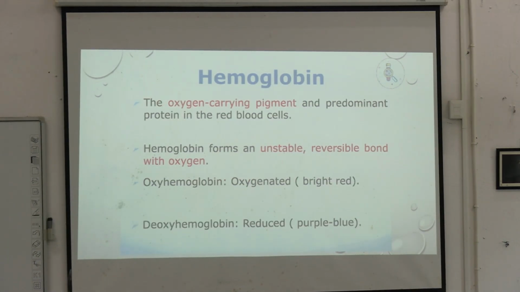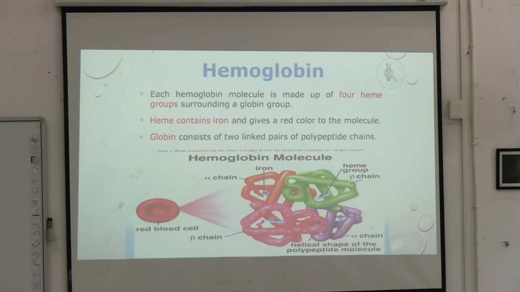So what is hemoglobin? As you know, hemoglobin carries the oxygen. Hemoglobin helps in oxygen transport. So if there is any defect in the hemoglobin, what will happen? The oxygen carrying capacity of the RBCs will reduce. Normal hemoglobin is made up of 2 alpha chains and 2 beta globin chains.